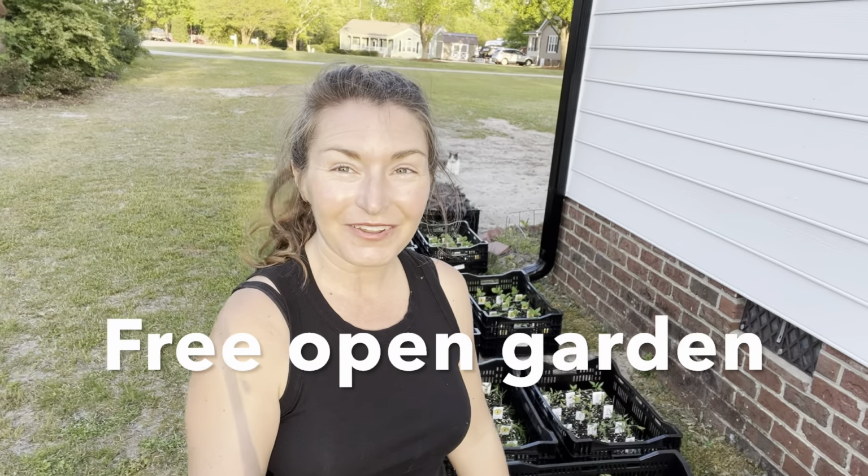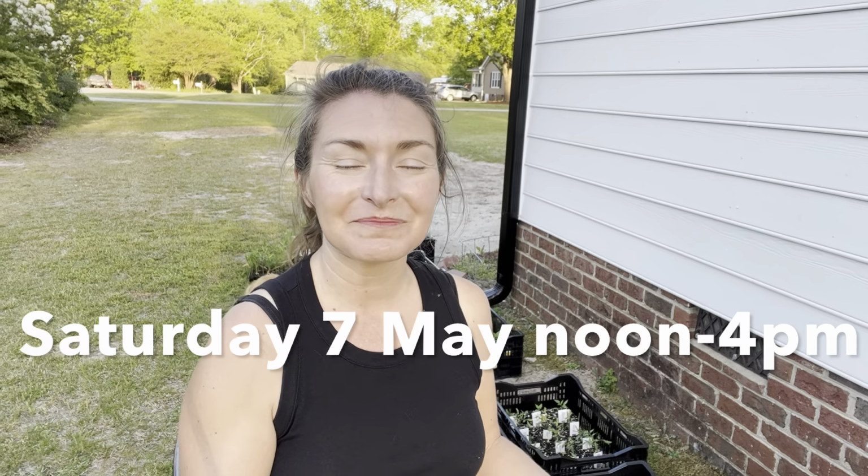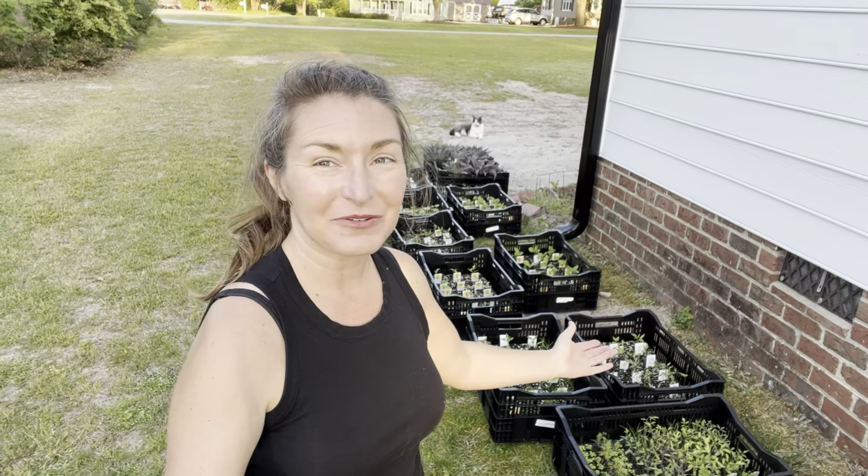These will be available during the open garden. So remember, the open garden is free, open to the public, no registration. It is Saturday, May 7th from noon to 4 p.m. Street parking. Last year, my entire neighborhood got filled up. And I will have all of these cool plants for sale. I'll have soil cube available, books, seeds,